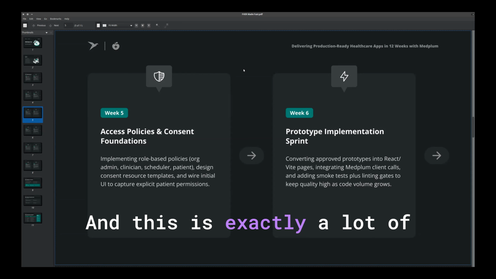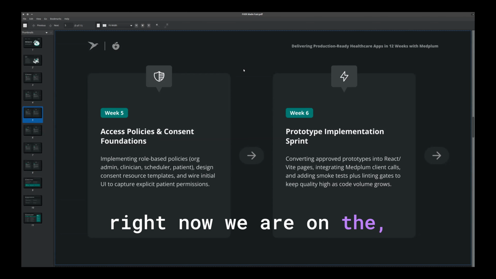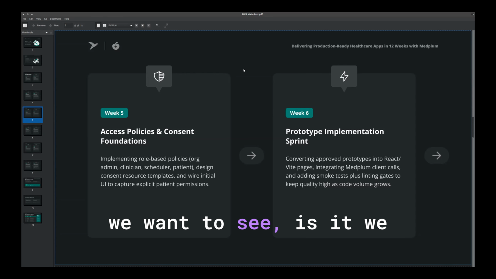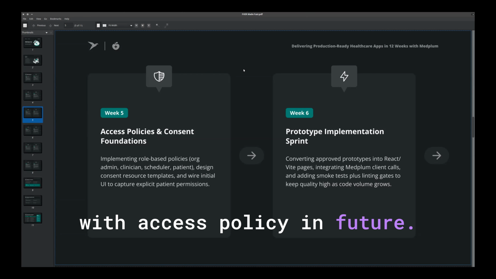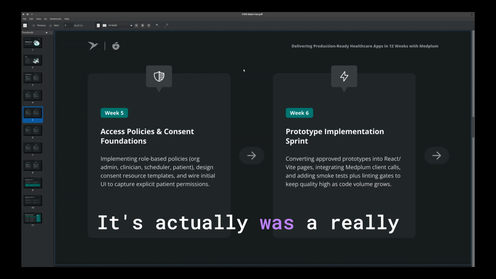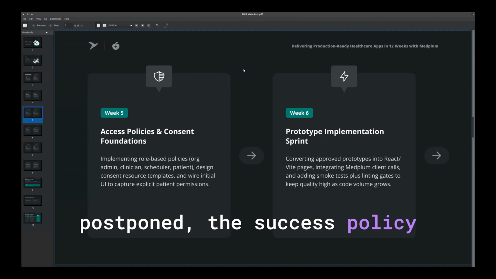And this is exactly what a lot of people were thinking about: right now we want to build features, we want to build some proof of concept. Maybe we can continue with access policy in future. Yeah. It actually was a real problem in my current project when we postponed this access policy thing during the lifetime,